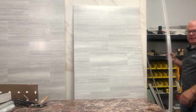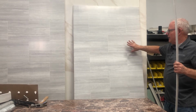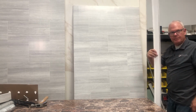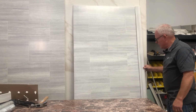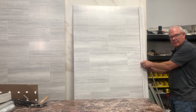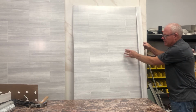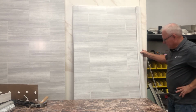I think the reason that I really like the trim is because I could slap this on a sidewall and I wasn't worried if this was perfectly plumb, because now the trim goes over it and I can move it in and out according to my needs. If I need to move it out just a little bit to hit the end of the wall, or I can plumb it. I can plumb this a lot easier than I can plumb that. So you have your options: